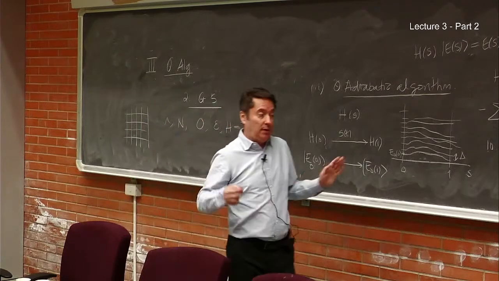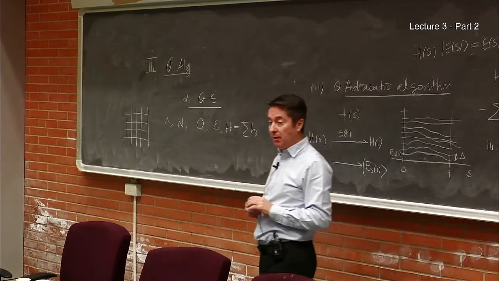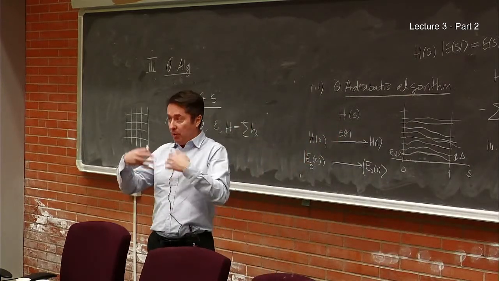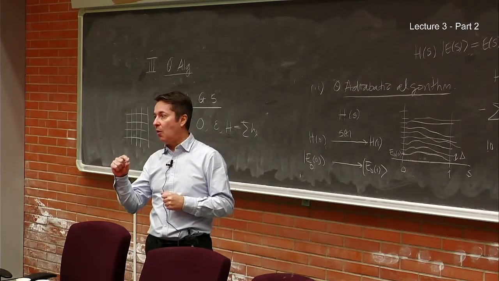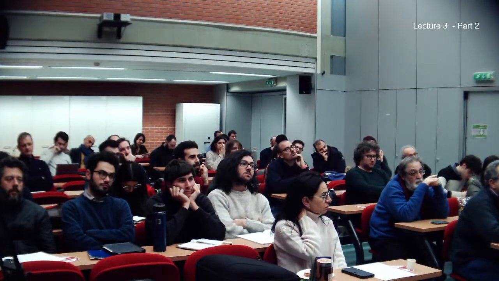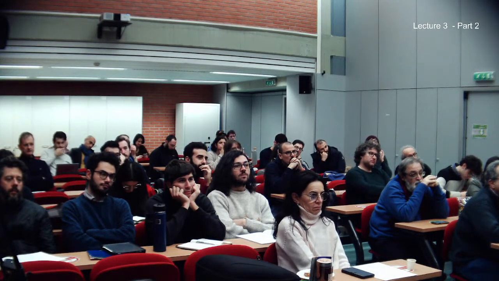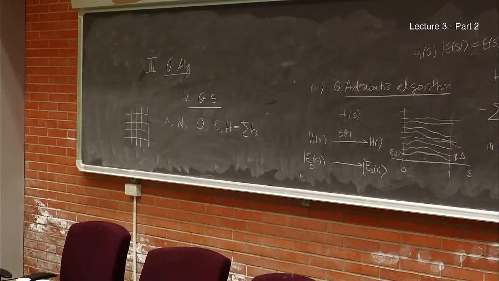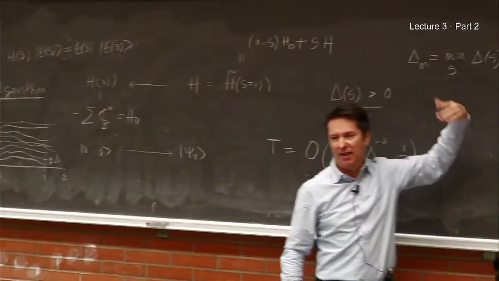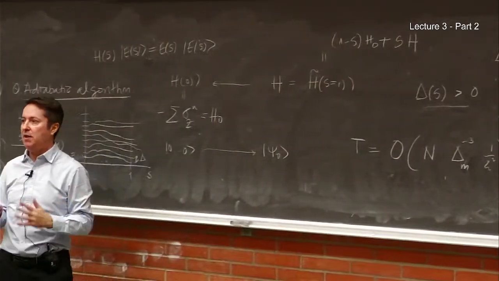Well, as far as I know, and I think that it's really true, the fact that you have some gap in your Hamiltonian in this form does not help you in classical algorithms, unless you are in one dimension. System with local interactions, and the gap here is not 1 over poly n, but is constant, then the problem is in BPP. It's classically efficient. If it's not constant, this has not been proven. So if it's 1 over n, like you have a critical point or something like that, it's not done. And if you're in higher dimensions, even if it's constant, then we don't have any promise about an algorithm.